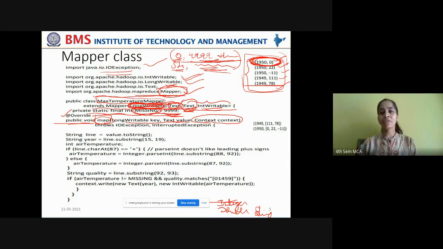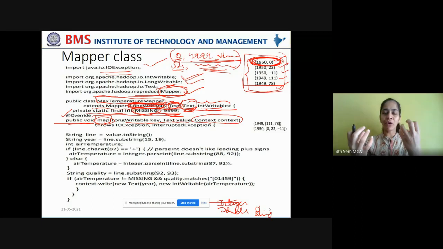What does this Context do? This Context is like a mediator which will communicate between the map phase and the reducer phase. So it takes the data from the map context and transfers it to the reduce context. Context is like a box into which you can pack the data from the map phase and pass it on to the reducer phase.